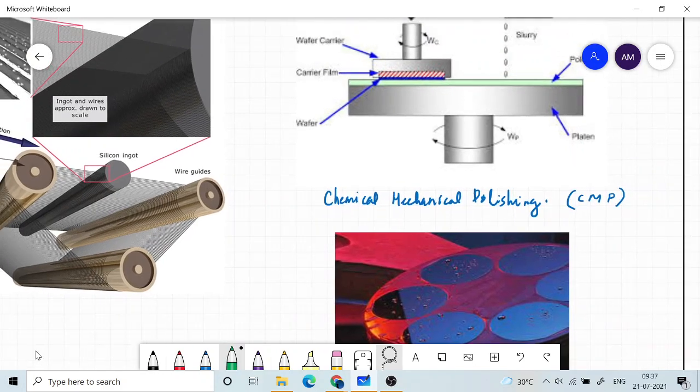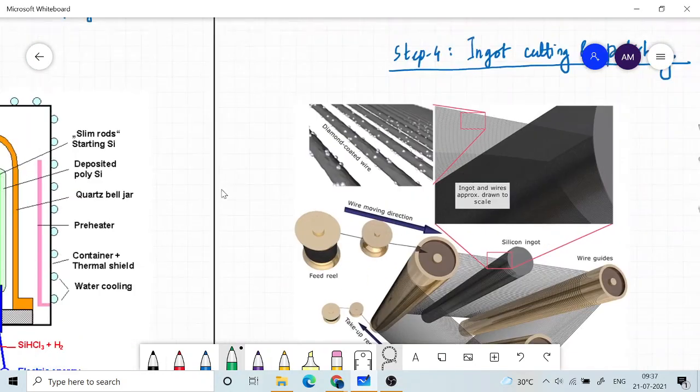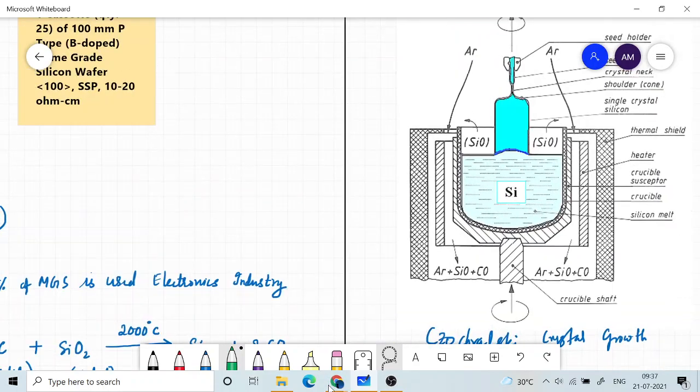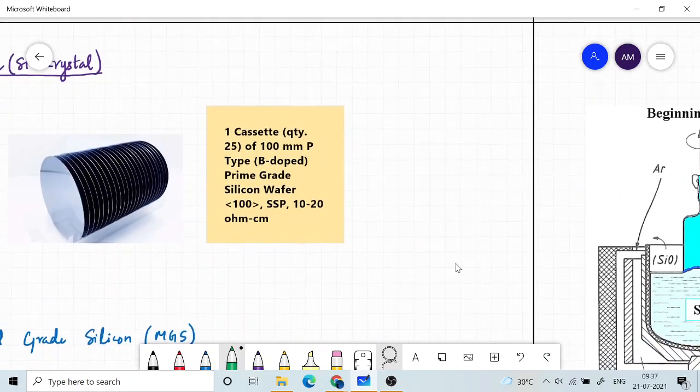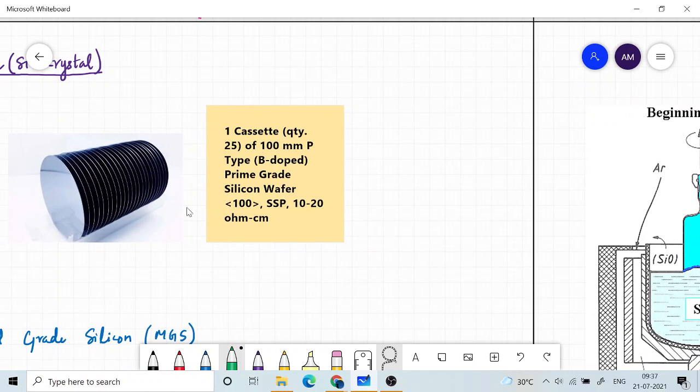Okay, so in the beginning I showed you a diagram which I want to go over once more, with some of the features. So for example here, this is fabricated in India. There are websites which sell these wafers. So you can see that a cassette of 25 wafers, and each of them is 10 centimeter diameter.